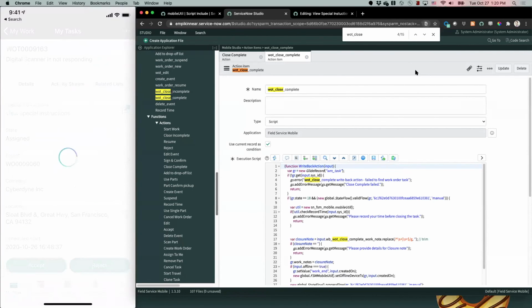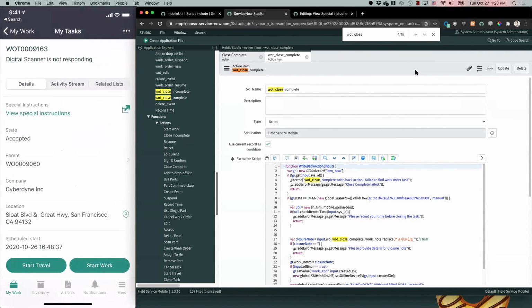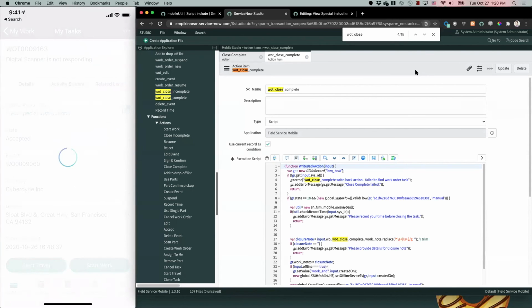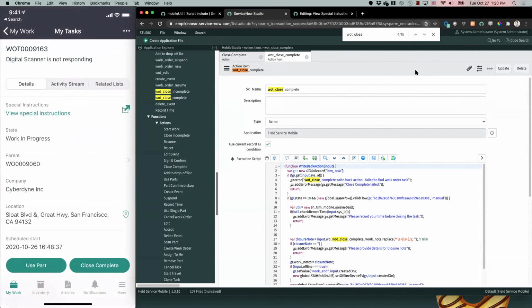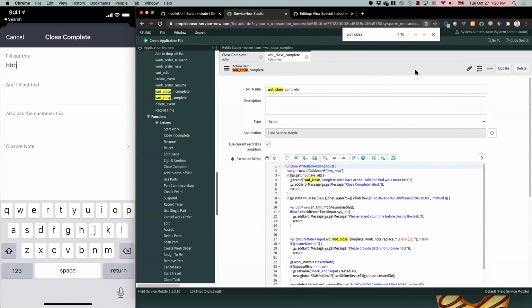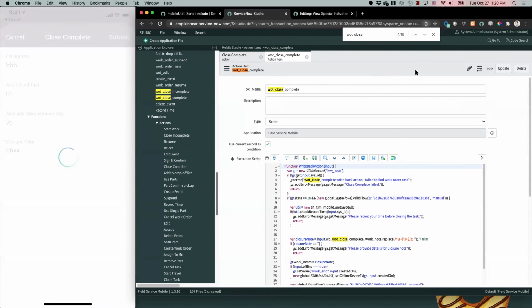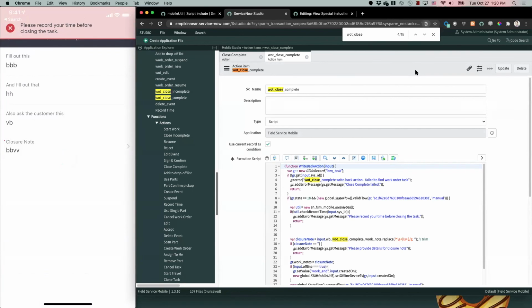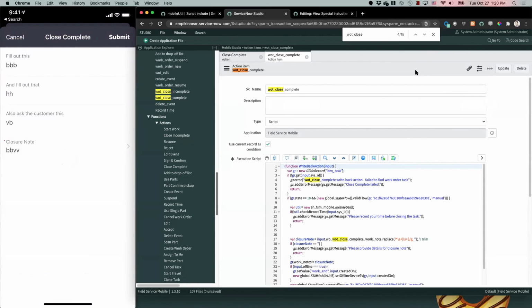So here's another task I can accept and start work. And again, close complete. This time I won't be so creative with my answers. If I submit this, I get a message, please record your time before closing the task. So this is what I wanted to cover in this webinar: that's not the greatest work experience,